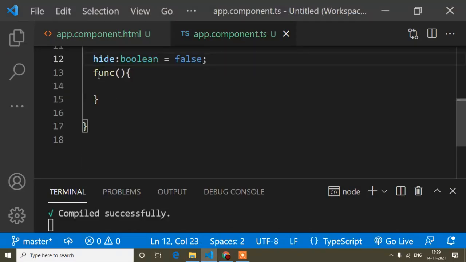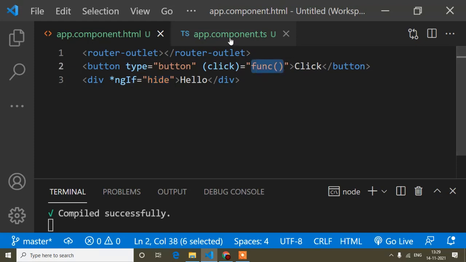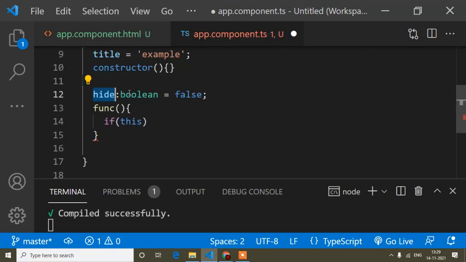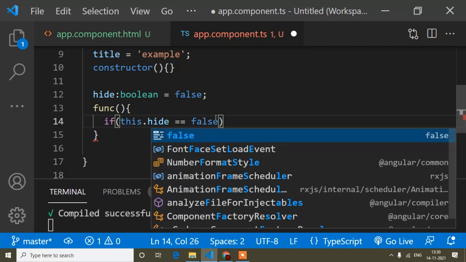So now in this function which I have added here, inside this function I have to write a condition. Because height is a global variable, global means, guys, this variable I have written outside this method. Okay, so that's why it's a global variable. But if I would write this variable inside this method, I would call it a local variable, but now it's a global variable. And when we call a global variable in Angular, we use this keyword. So this.height, now if this.height variable is double equals to false, I mean it's by default false.